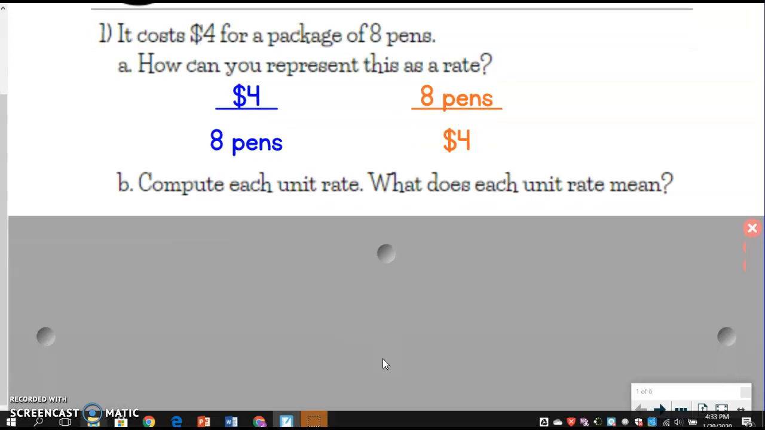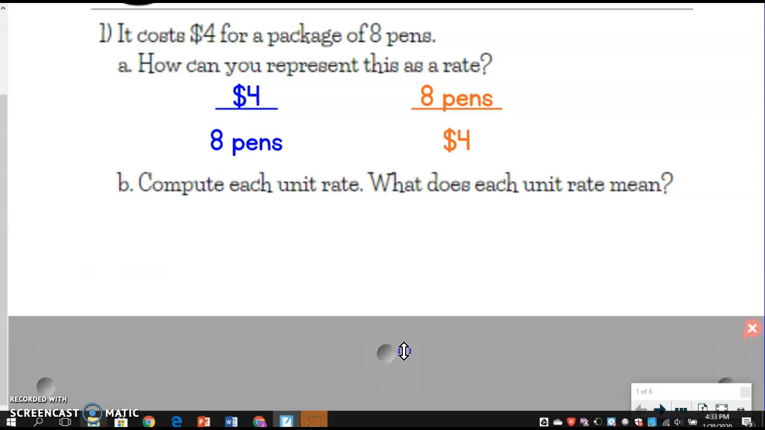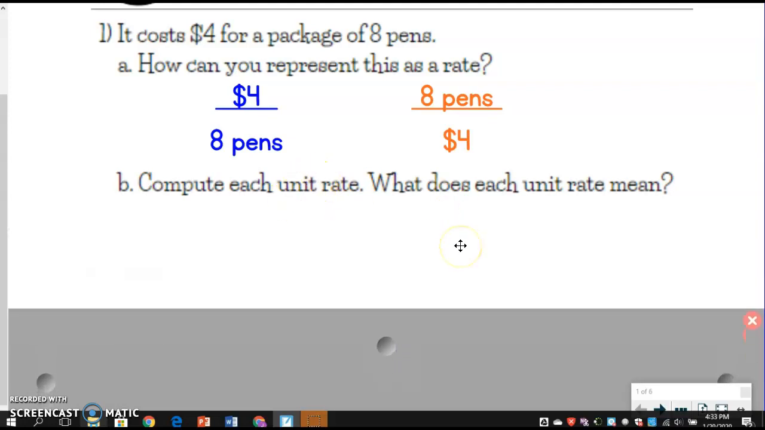Because remember, a unit rate, the second quantity is what's getting scaled down to 1. So let's try doing each one of these to see the difference of what these each mean. For this first one, we've got our $4 and 8 pens, and we're scaling down to, okay, how much is it going to cost for 1 pen? So we're going from 8 down to 1. So we're doing 8 divided by 8 to get 1. So we're doing 4 divided by 8, which is the same as half,